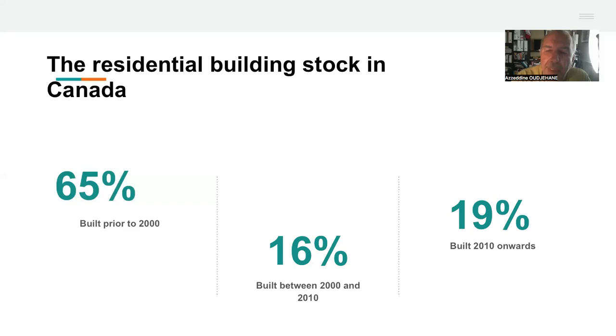Now, why these dates? For example, in British Columbia, the STEP code and energy code was implemented around 2010, 2011, meaning that all new buildings have a feature of sustainability. Not all, but at least it's more forward. Whereas in Alberta, the energy code was put in place in 2015, 2016. Again, those are policy changes. But overall, 64% of the building stock in Canada predates 2000, which means features